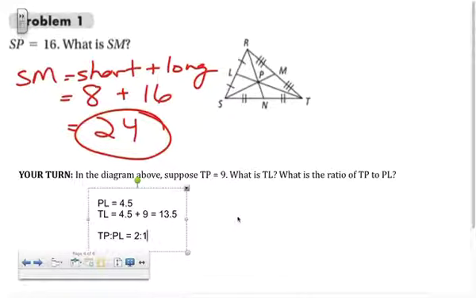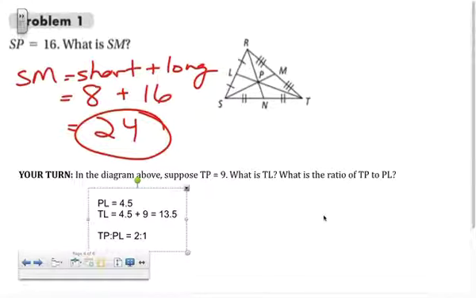The ratio of TP to PL, it should make sense, since TP is the long part and PL is the short part. It's 2-to-1. Any questions on this screen? No. Okay,